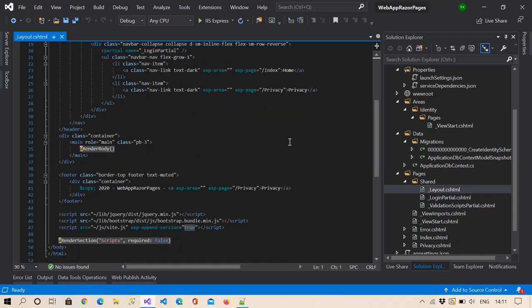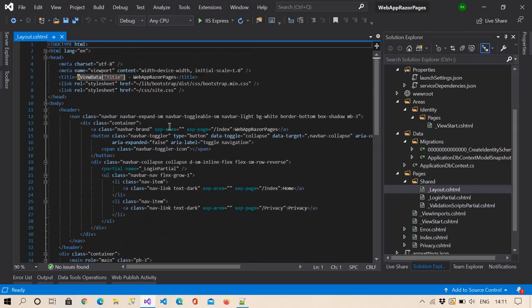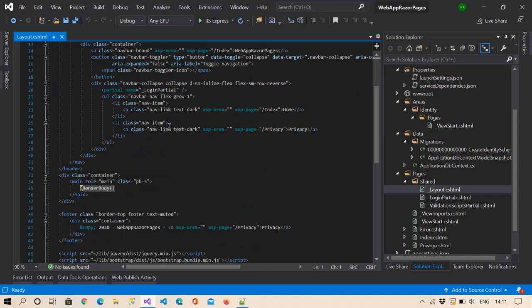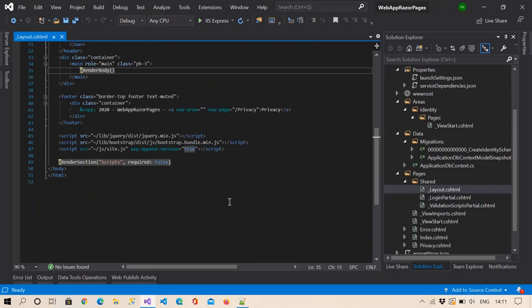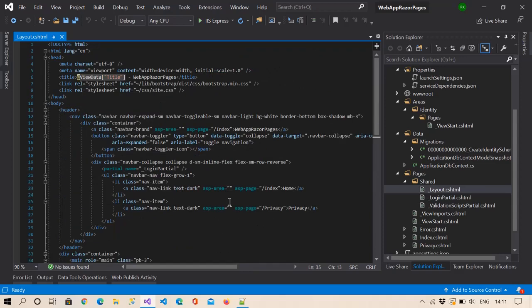You can see these are the basic HTML pages. Inside that we can call our partial page or anything, whatever we want to render we can render here with the render body section, and everything will remain the same, like the complete body and heading section.